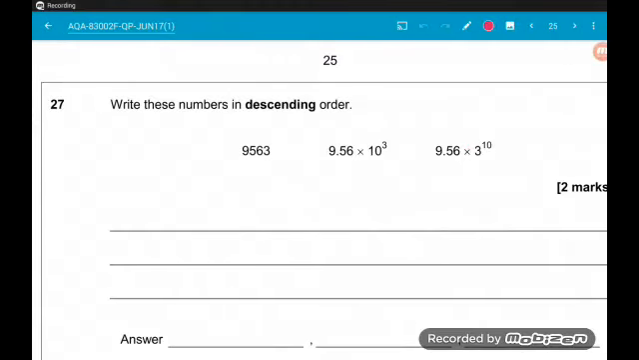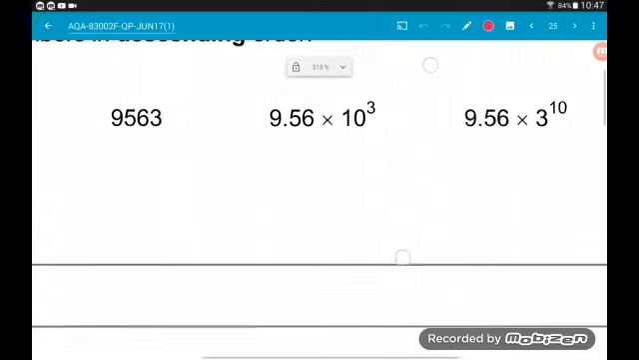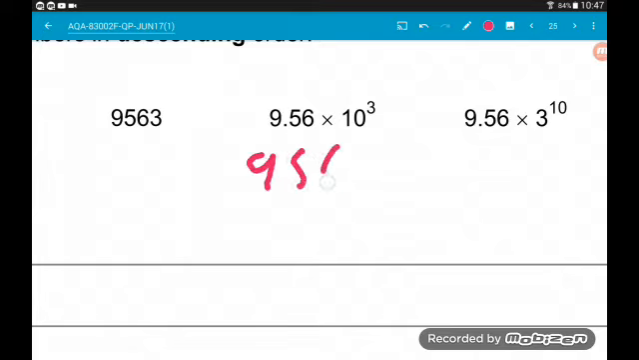In 27, we want to write these numbers in descending order. So, descending order means starting with the biggest and then working our way down. So, first thing I'm going to do here is write this guy in the middle as a normal number. So, 9.56 times 10 to the 3. The decimal point is moving 3 places to the right. So, this is 9,560. So, that is smaller than the guy on the left,